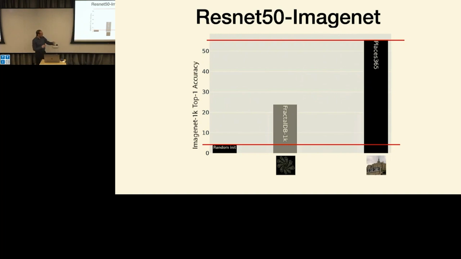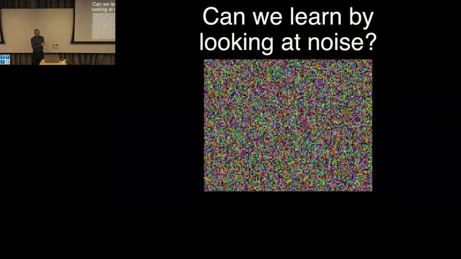So, okay, this is pretty cool. What is it that we want to do? What I really want to do is, can we learn from very simple processes? Something like just looking at noise. Can you learn something interesting by looking at noise? Of course, it's not going to be noise like this. We'll have some more structure in the noise, but it's going to be some simple processes that generate things that, if you train with them, you actually learn some really good visual representations.